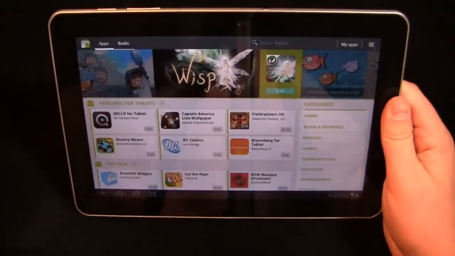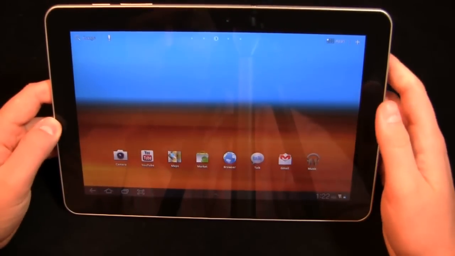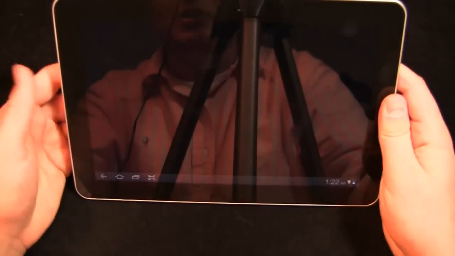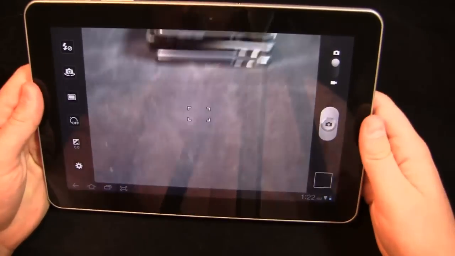And we can take a look at the market really quickly, just to show you the comparisons there. Not a lot of changes here. Still looks like the typical tablet market that we're familiar with on Honeycomb. But that is the brunt of the changes on TouchWiz on the Galaxy Tab 10.1,